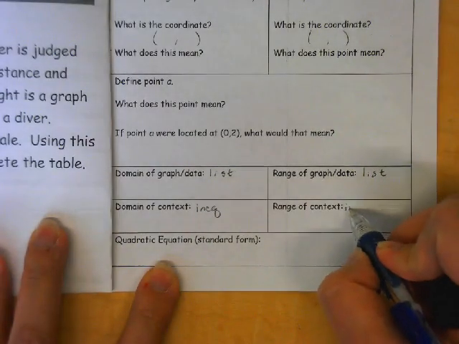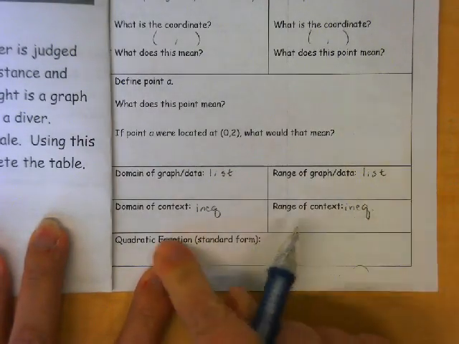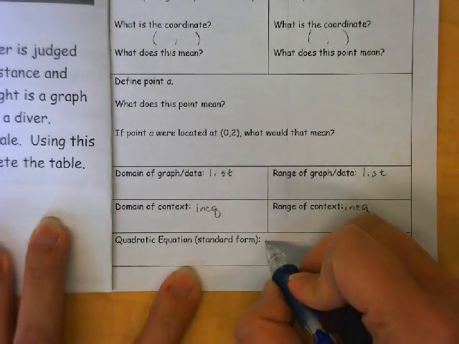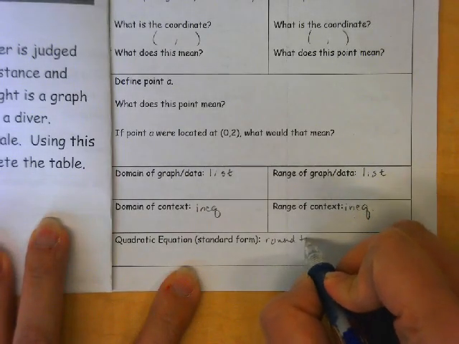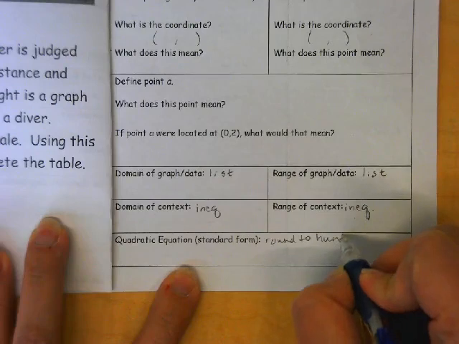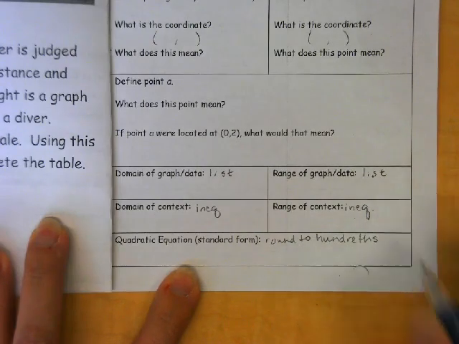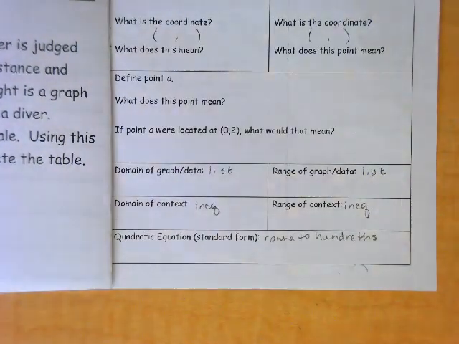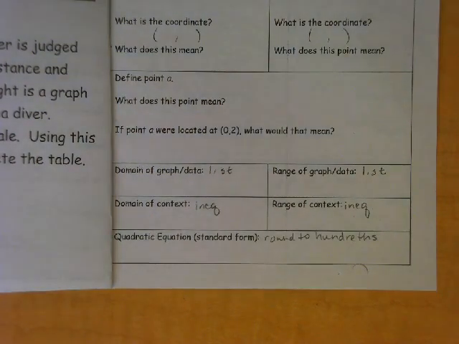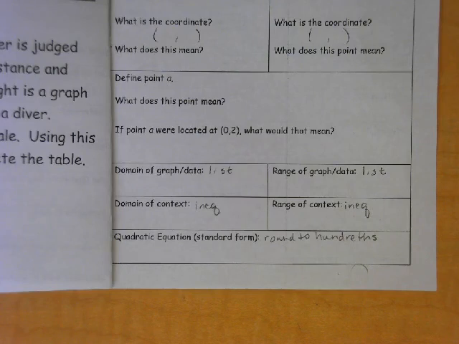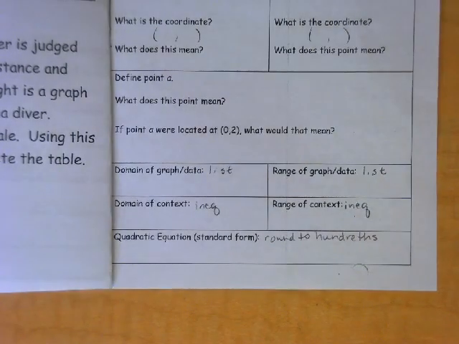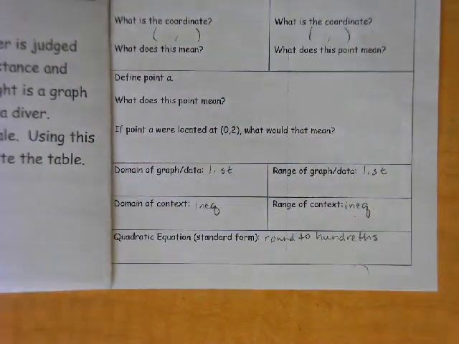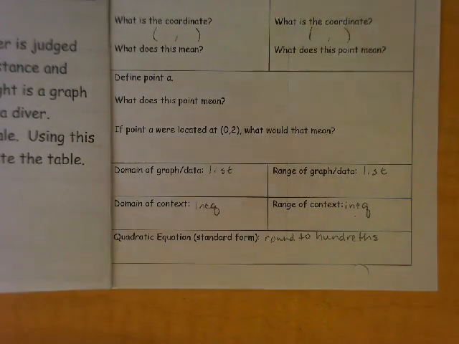When you put this into the calculator for your equation, I want you to round to the hundredths place, because this one is going to be ugly. Okay, most real world situations are going to be some ugly decimals. Okay? All right, does anyone have any questions about that? Okay, then let's jump into